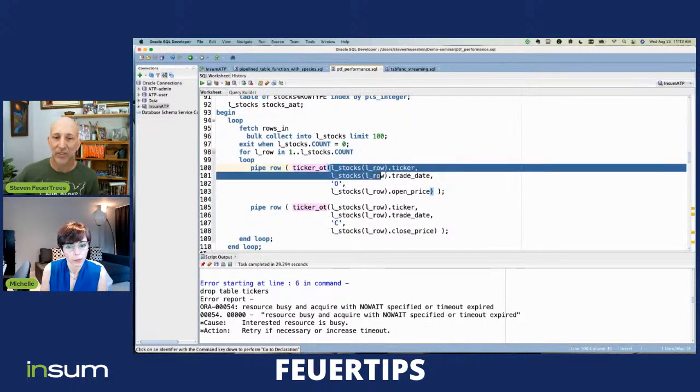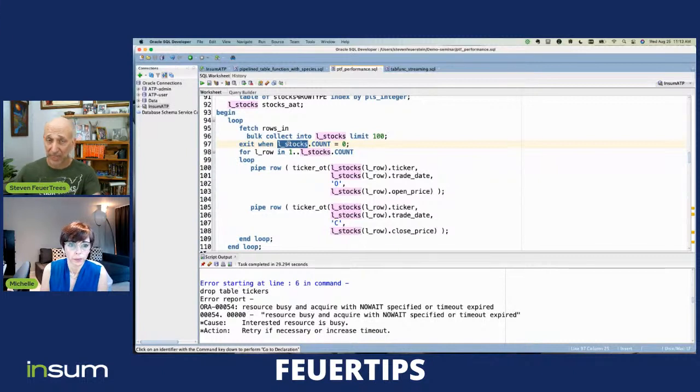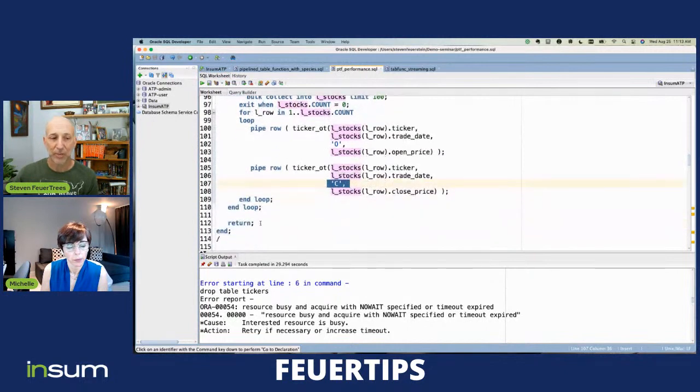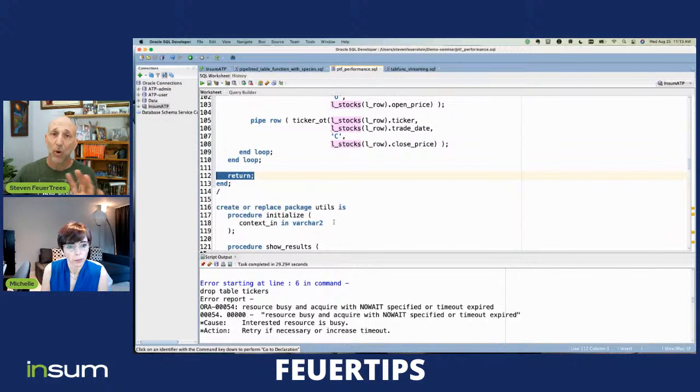I pass in the values mostly from the table that I passed in, the select statement that was passed in. But I also add my open and close. Those are the new values for the doubling process. And notice I just pipe and pipe and pipe and pipe and pipe, and then I return. Okay, so then the question is, what kind of performance differences can I see between pipeline and non-pipeline, and